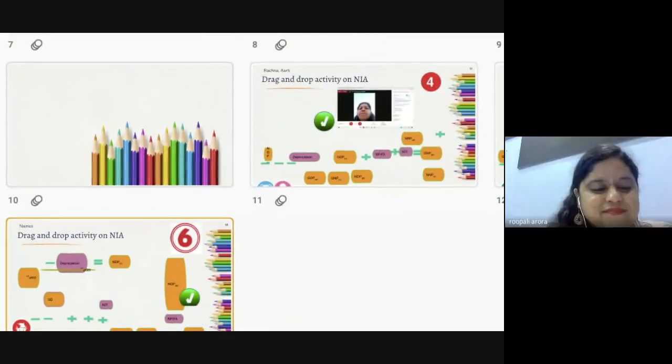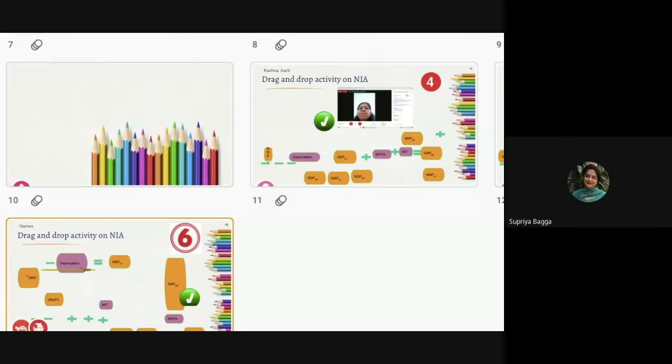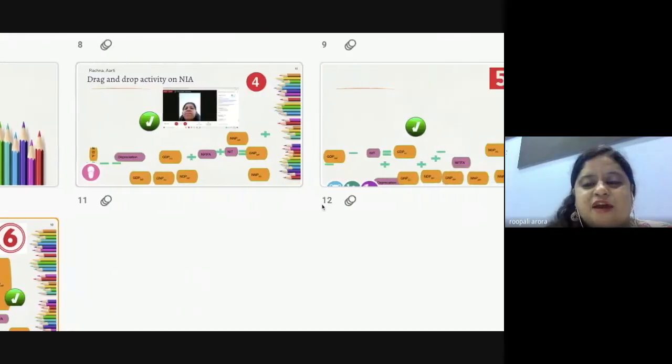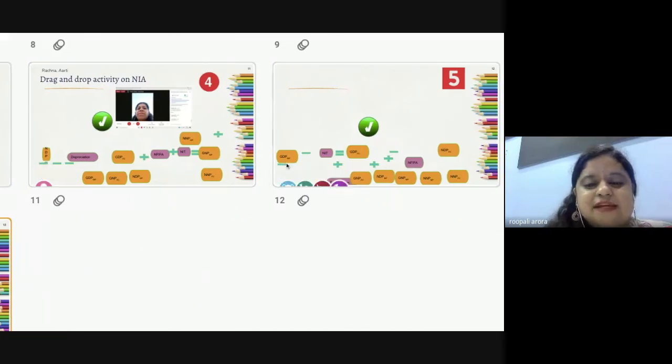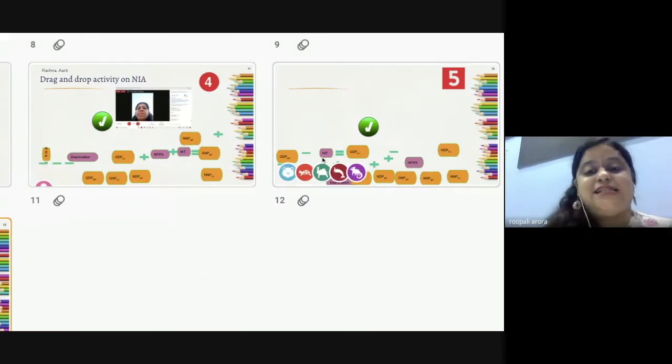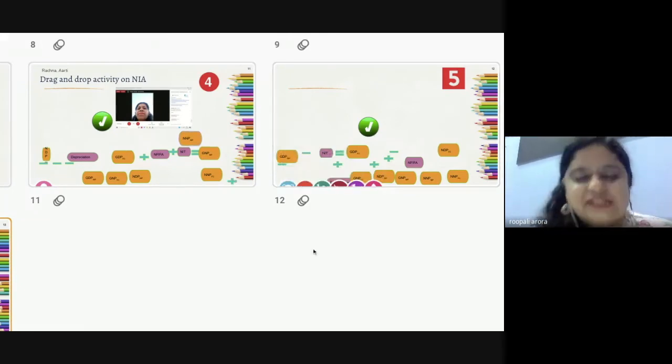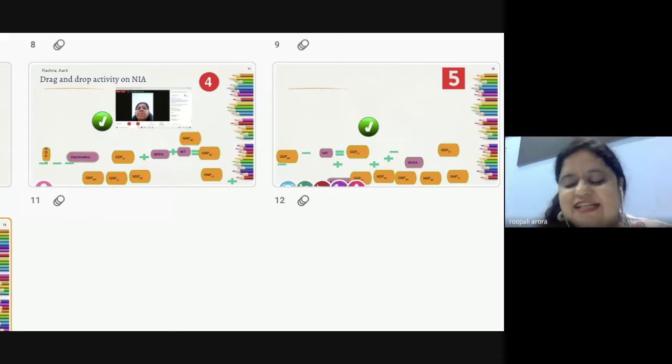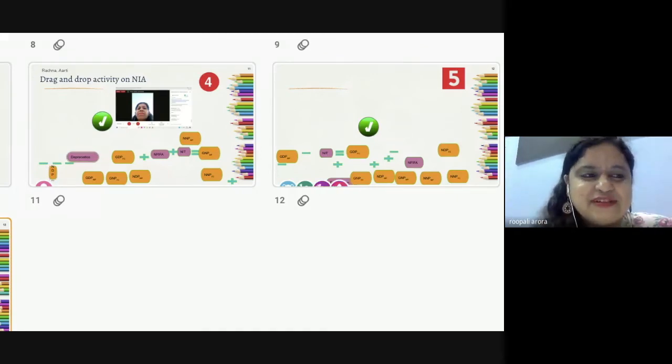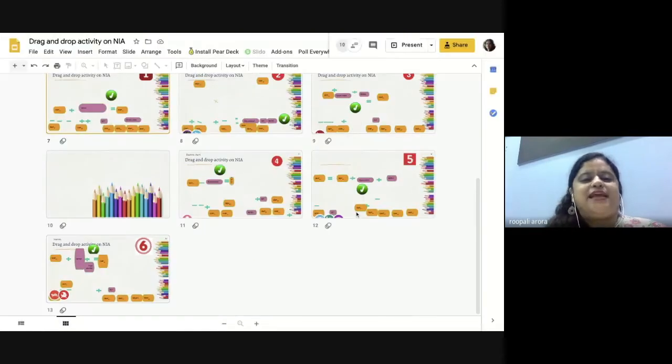Team 5. Okay, so team 5, I can see GDP at MP minus NIT is GDP at FC. That was not the question. The question was you have to convert GDP at FC into GNP at FC. So like we tell our students, to read the question carefully, and all of you can play this game using